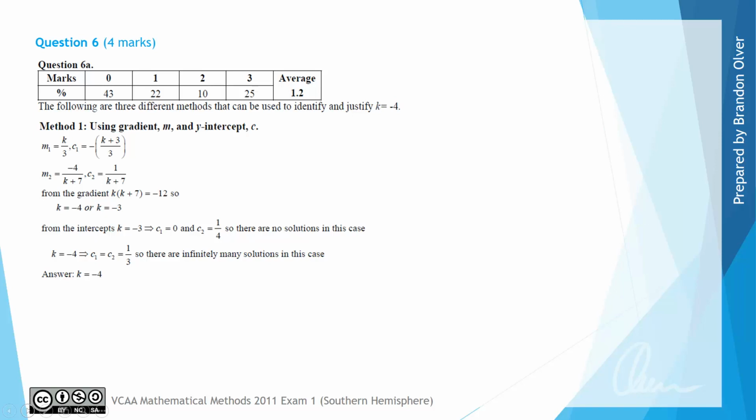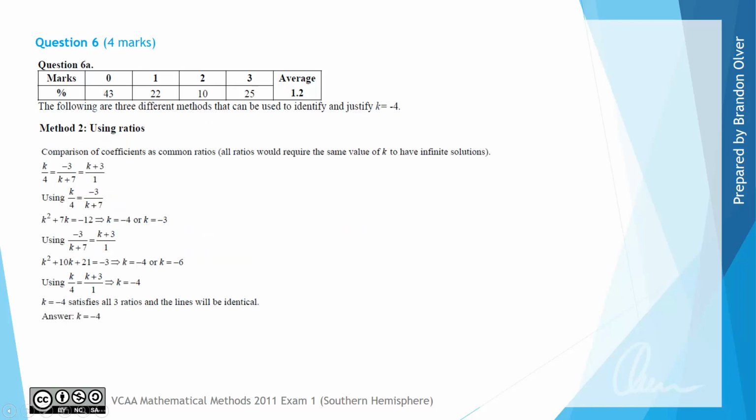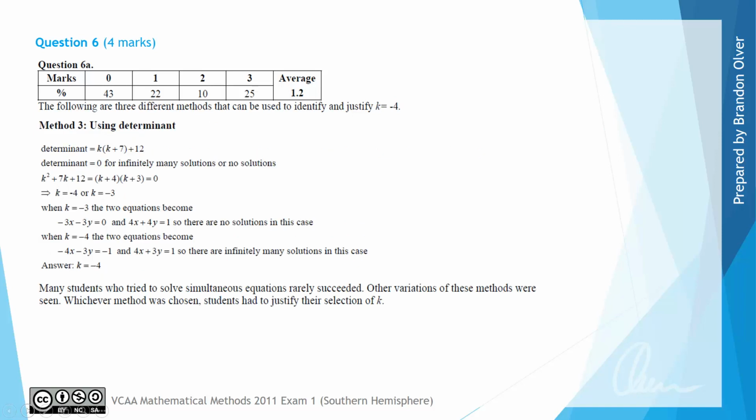So the first method, which is what we did on the previous slide, was using the gradient and the y-intercept. The second method is using ratios, so comparison of coefficients as common ratios. And the third method, which we'll do at the end of this video, is using the determinant. And the additional comment in the examiner's report was that many students who tried to solve simultaneous equations rarely succeeded. And it goes on to say that whichever method was chosen, students had to justify their selection of k using